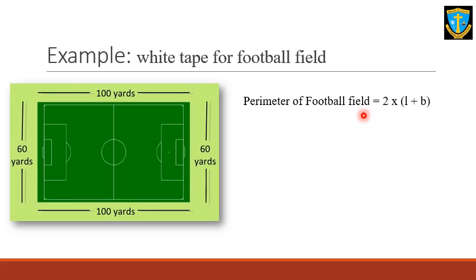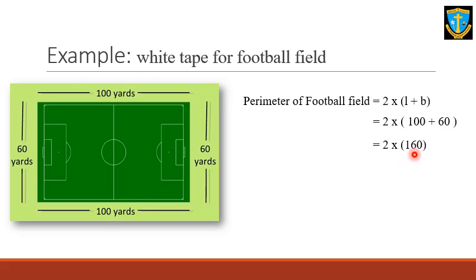Perimeter of this football field will be equal to 2 multiplied by (length plus breadth). That is the formula. Very important. Now, just substitute the length value. Length is 100 yards. Okay, plus breadth is 60 yards. So put 60. Now, don't go to solve everything together. What you have to do is solve what is in the bracket first. Always. Very important. Okay, so our next step will be equal to 2 multiplied by (100 plus 60) will be